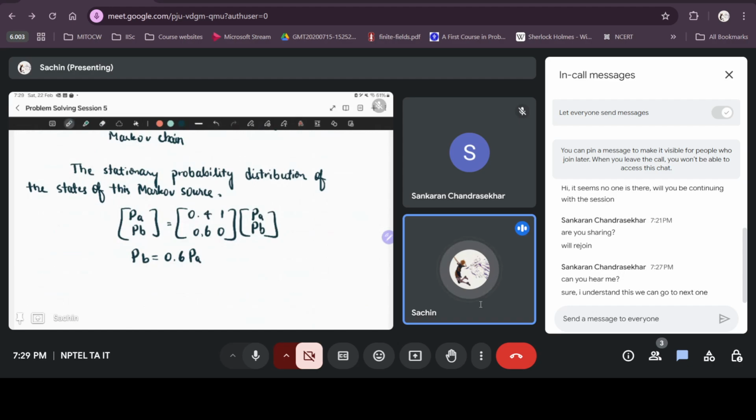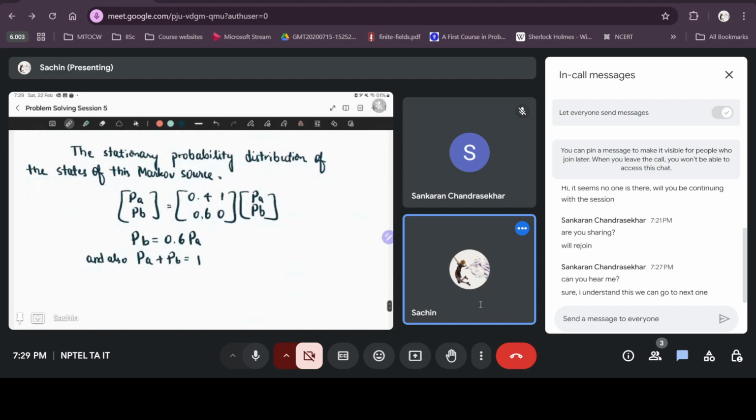But we also know that P of A plus P of B is 1. So this gives you the stationary probability P of A, P of B as 5 over 8, 3 over 8,